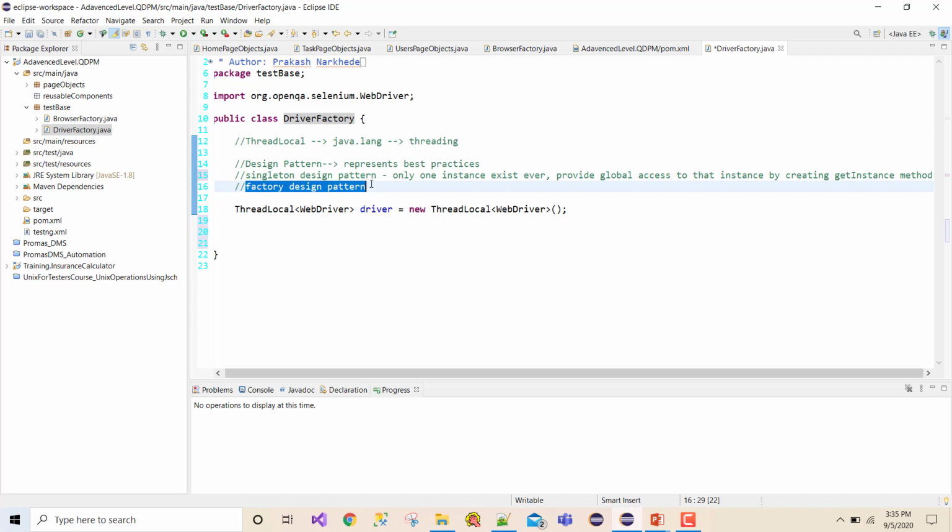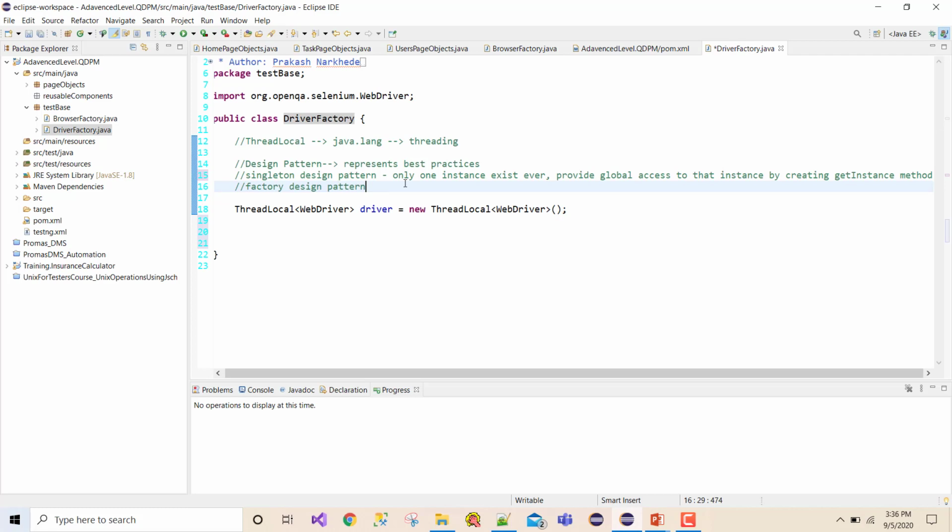So when I say I don't want anyone else to create an instance of this particular class, that's how I can use the singleton design pattern, right? I say singleton design, that means only one instance should exist. Other guys should not be able to create an instance of my class, right? In that case, what happens when we create an instance? The constructor gets invoked.